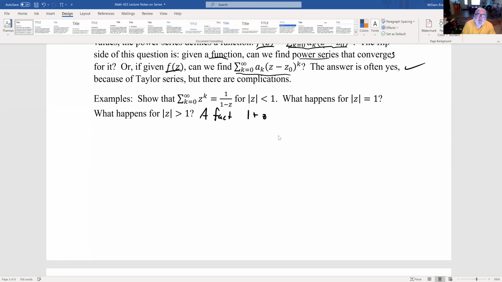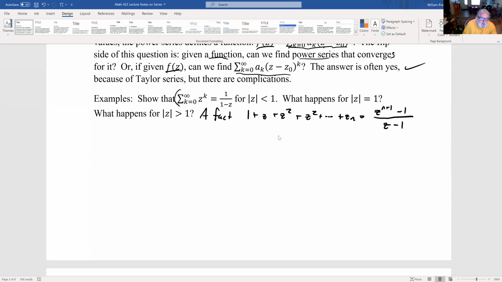1 plus z squared plus z cubed plus ... plus z to the n is equal to z to the n plus 1 minus 1 over z minus 1. And you can prove that pretty quickly by multiplying both sides by z minus 1 and seeing the whole cancellation happen. Okay, so